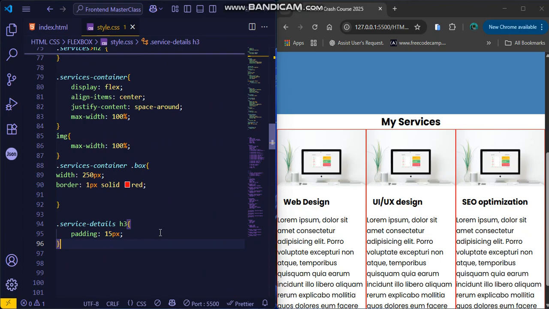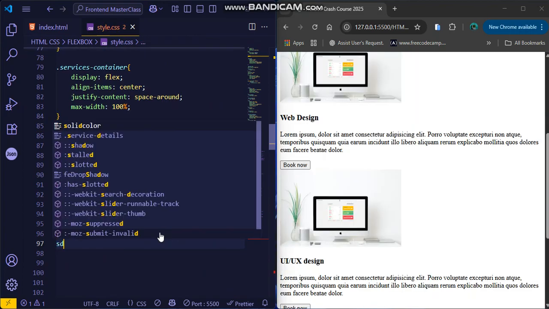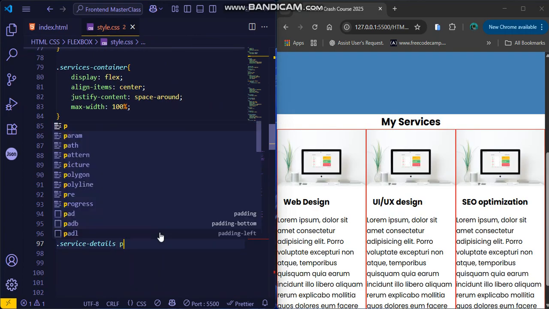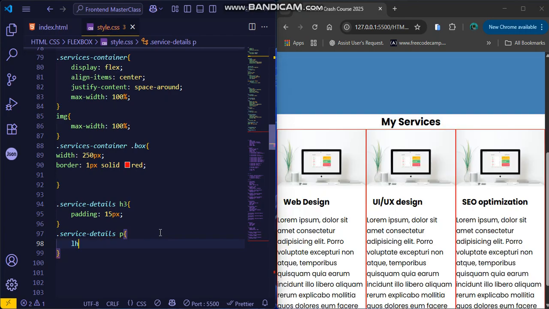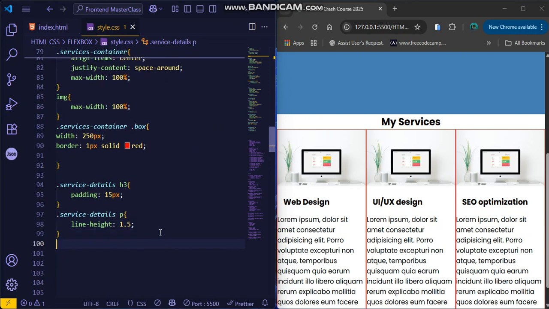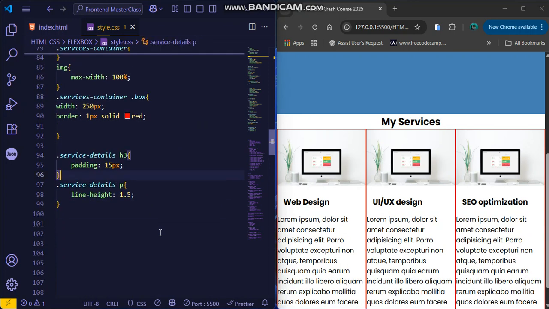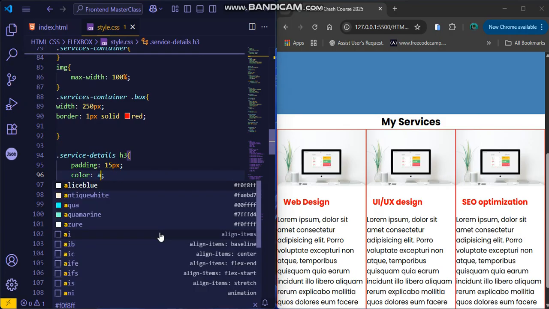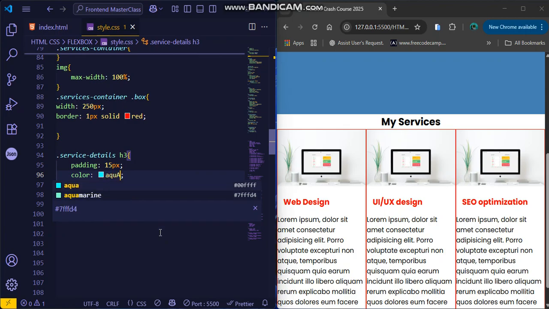Okay, and the paragraph, let's give it a line height of 1.5. Let's use this color, the one that we started with. Okay,